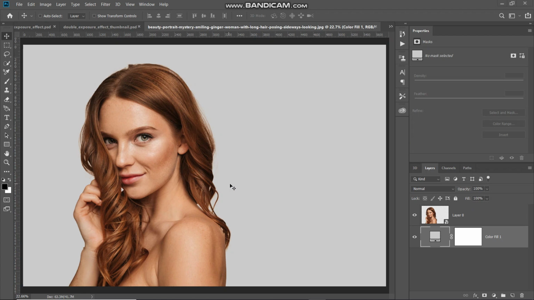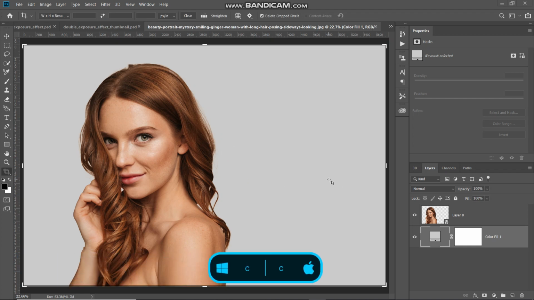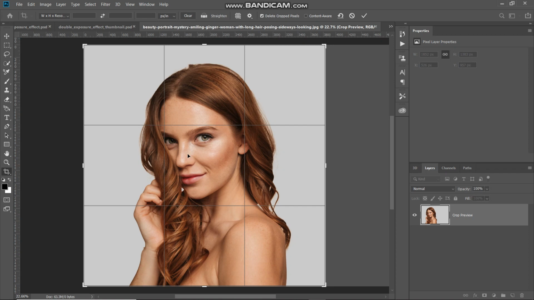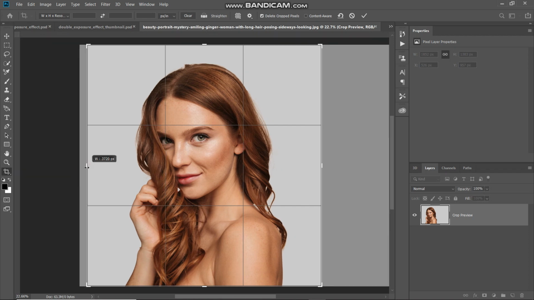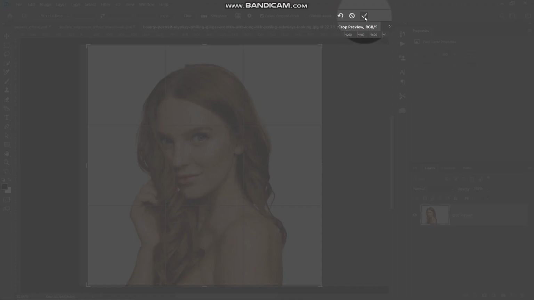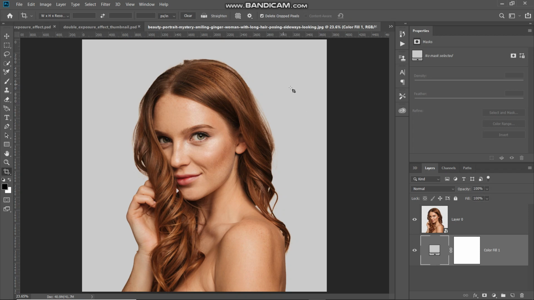Now the next thing we need to do is crop our image. So for that we need to bring up the crop tool. So for that you can press the C key of your keyboard. And then we need to crop this image from the sideways as follows. And then we need to keep the similar distance on the other side as well. So once you are satisfied with the width of the image, after that you can click on the tick icon in order to crop the image. So now as you can see, we have removed all the extra space from the image.